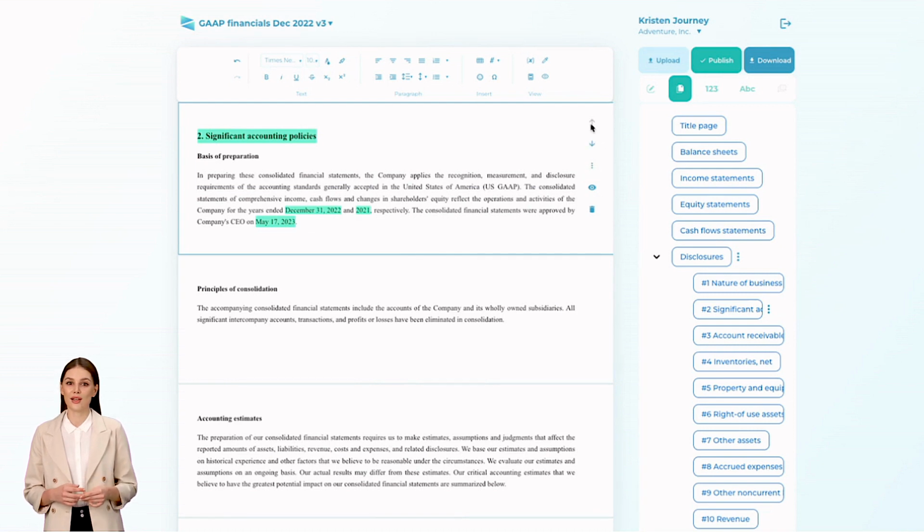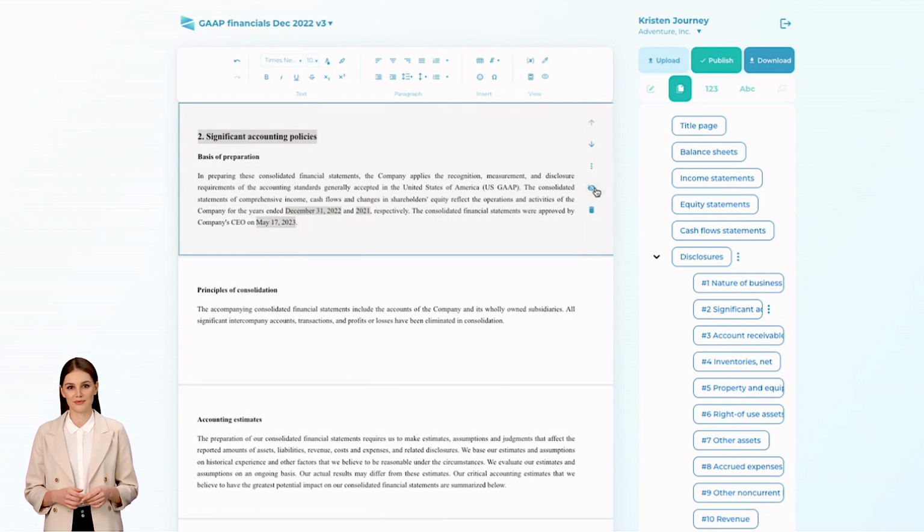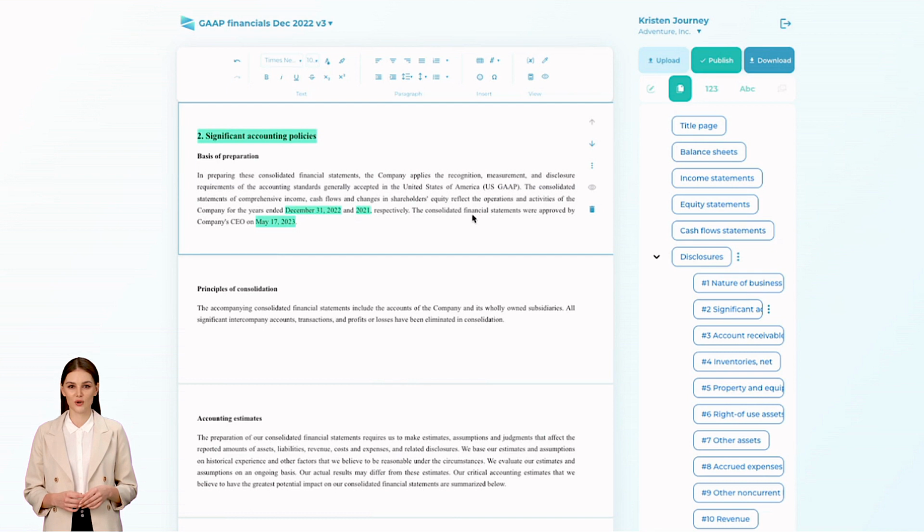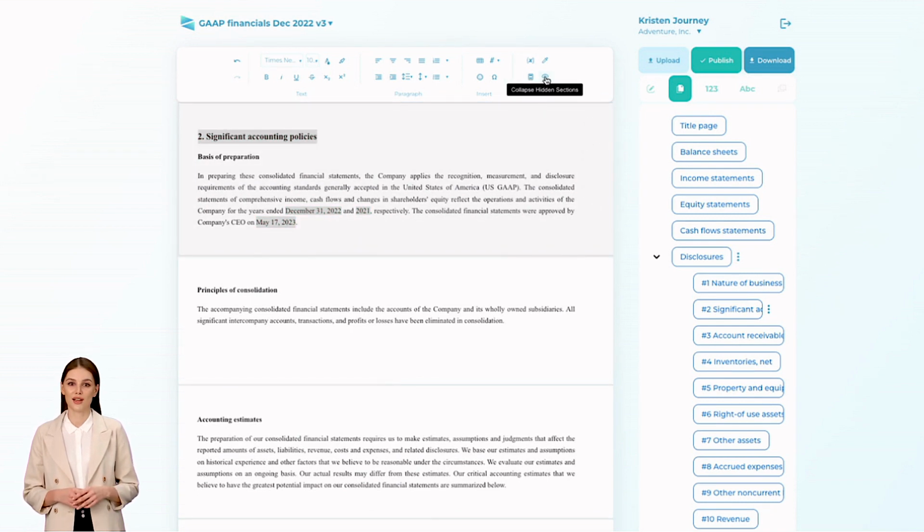You can also choose a visibility mode for each section. When it's set up as Show, it will always be visible and printed into a Word file. The Hide mode will make a section grayed out online and it will not go into a Word file. When you set it to an Auto mode, the section will be automatically hidden when all the number fields in it are zeros. With that feature, you don't have to manually remove sections that are not applicable in certain periods and add them back again next cycle. For all sections that are hidden and won't be exported to a Word file, you can make them visible but grayed out online, or collapse them.